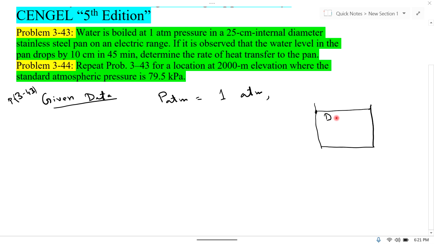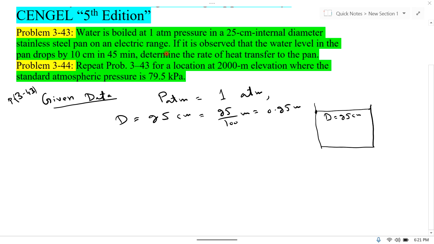This is D equal to 25 centimeter, which is equal to 25 divided by 100 meter, which is equal to 0.25 meter